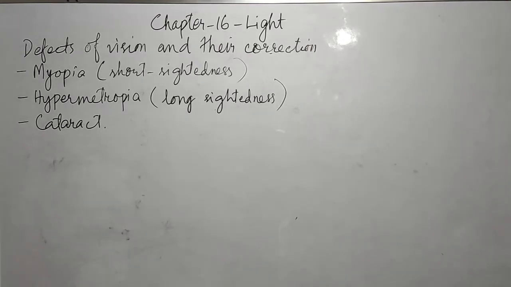Moving on to the next one, that is some common defects of vision. So the first one we have is myopia. It is also known as short-sightedness. In this type of defect, the person can see the nearby objects clearly but cannot see the distant objects or far objects clearly. Now let us see,